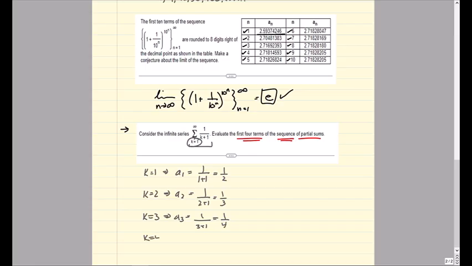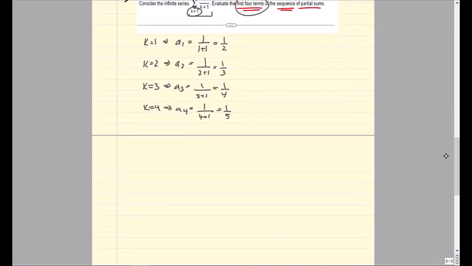K equal 4 is a sub 4, and you can see the pattern here already. 1 over 4 plus 1 is 1/5. Now we're only going up to the first 4 terms of the partial sum, so I think we have enough here to finish the problem, but we can always go back and create some more if we don't. Now what is a partial sum? Well, we're going to use a notation S sub n to represent the nth partial sum, and we want the